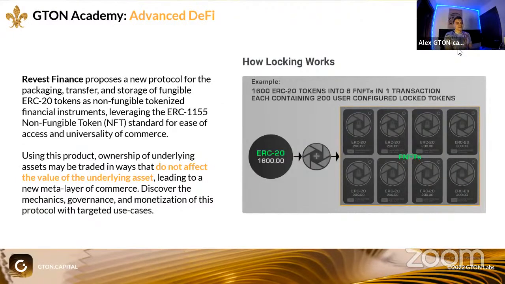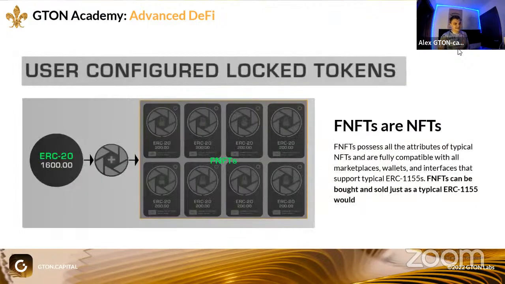Next one. The idea is pretty simple. You have an ERC20 token. You can split it into different parts, and for each part, you can have NFTs with different parameters. It just sounds simple, but it has a lot of applications. Let's go next. Are we going to get into the extensibility here? Is that coming up? What again? The extensibility. Yes. Good. I'm going to sit back.